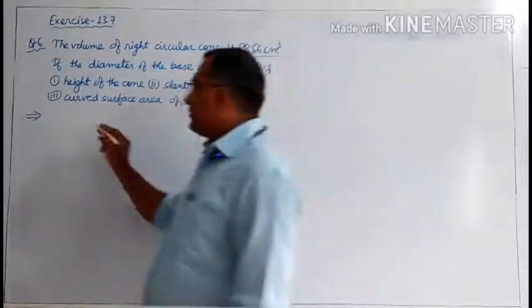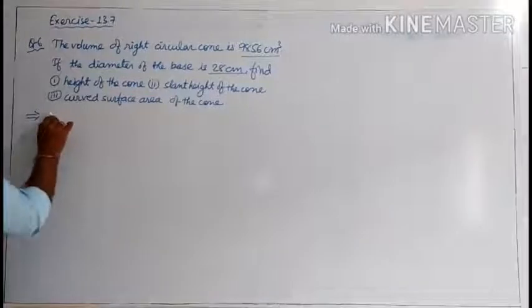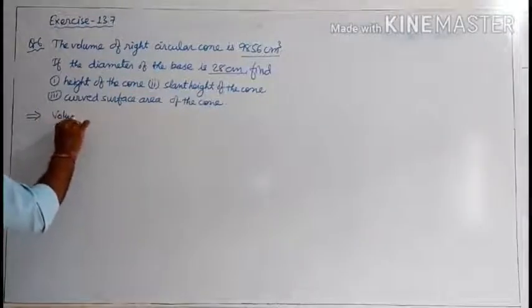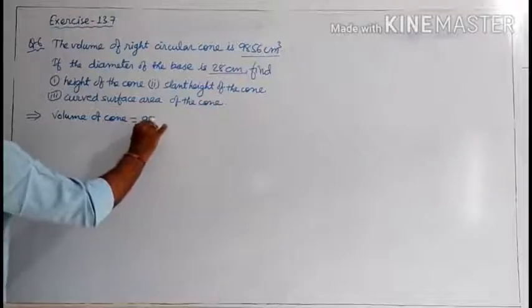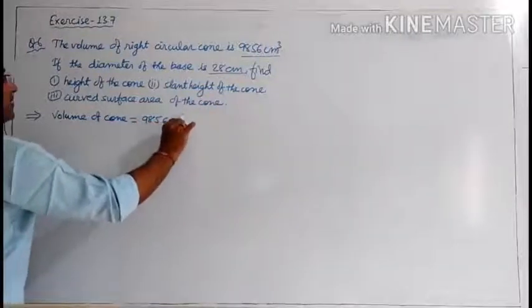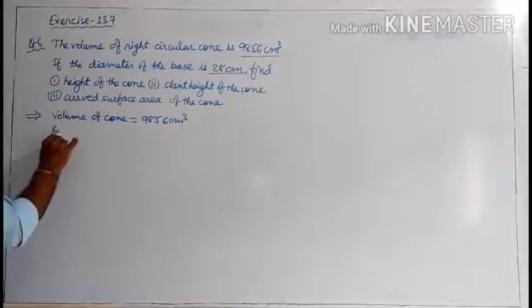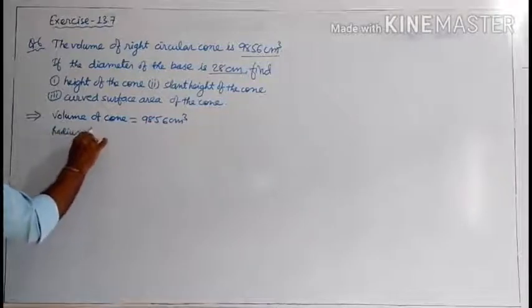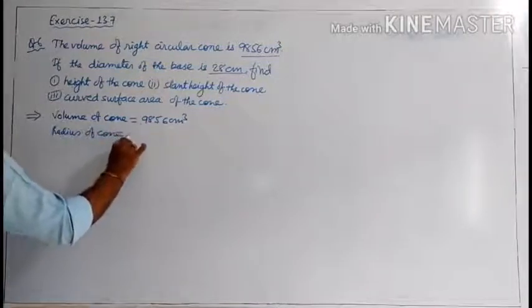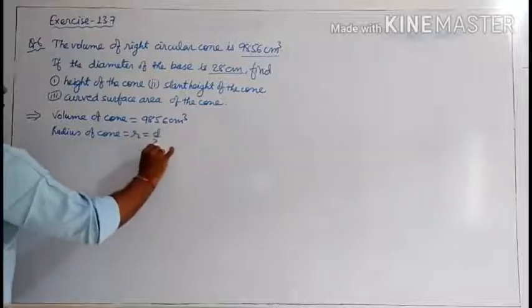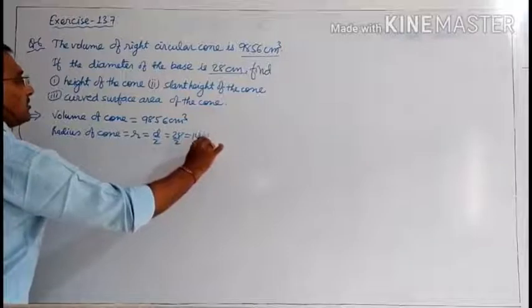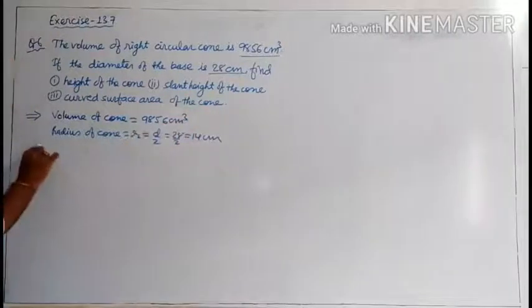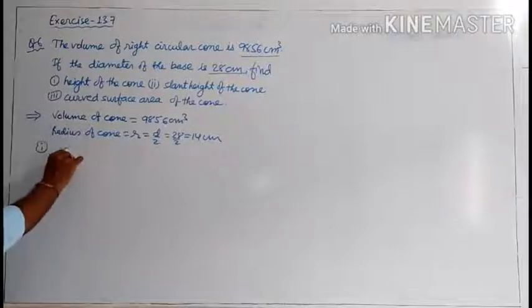So let us see. First of all, here volume of cone is equal to 9856 centimeter cube. Radius of cone is equal to d by 2, and that is 28 by 2, and that is 14 centimeter. So now first one, height. So for height, here volume of cone